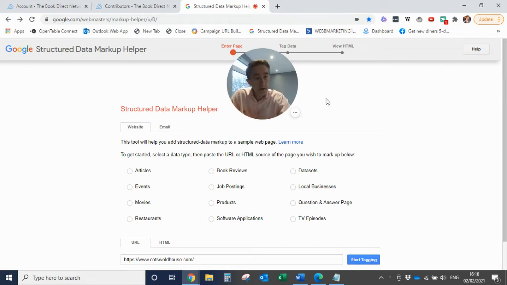Now, Google loves to know where you are in the world, particularly if you're a bricks and mortar premises. If you're a hotel or restaurant, have a physical address, it really wants to know exactly where you are, precisely your geographical location in terms of postcode, street address, and even longitude and latitude, which I can go into on another video, which we can embed into our pictures to tell